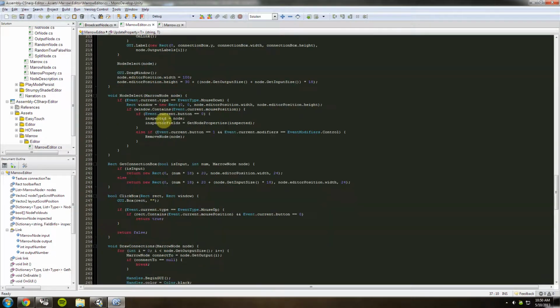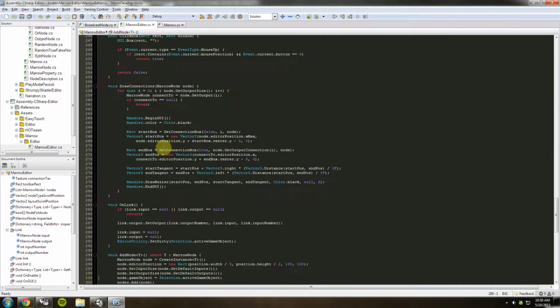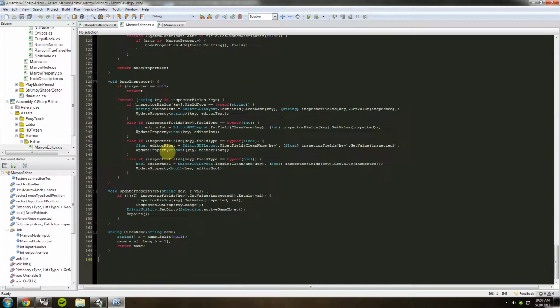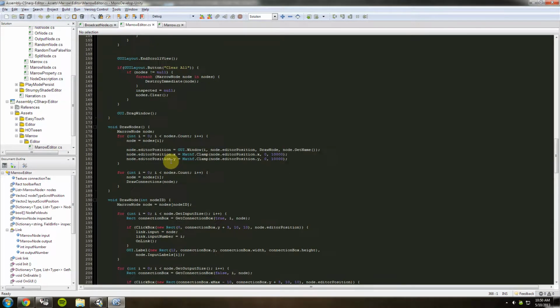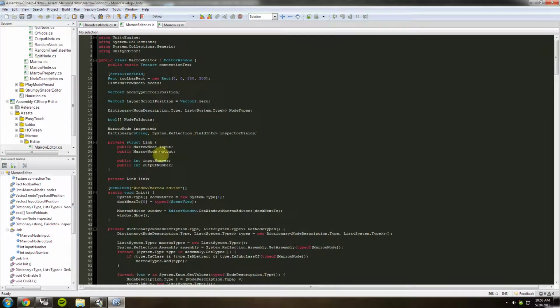The editor here. So a lot of stuff I've been learning with C#. I honestly didn't know anything here. It uses reflection a lot. So basically, all you have to do as a